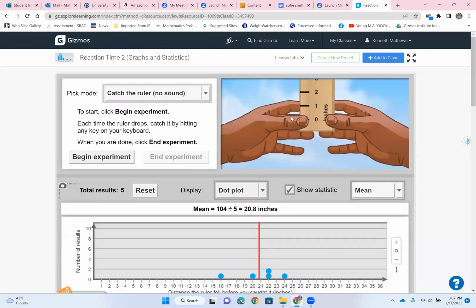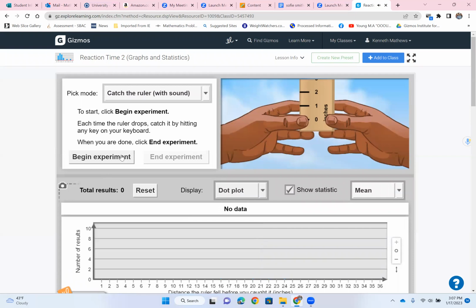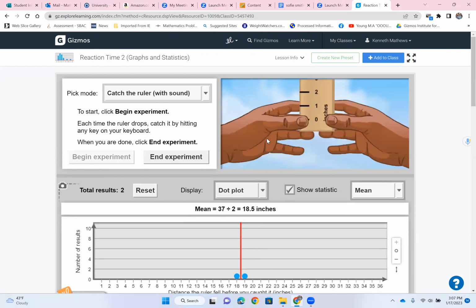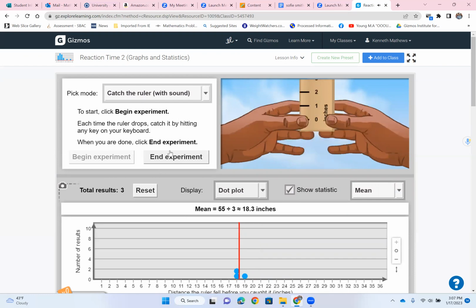All right, so now we could click a new experiment. We're catching it with sound. Watch what happens here. Begin the experiment. So it makes a little sound before it falls. Okay, etc. I'm going to end the experiment. But that's all you really need to know how to do for this